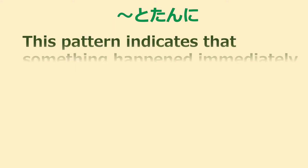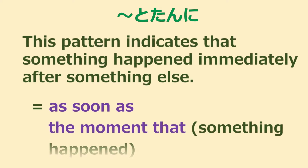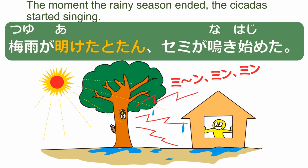This pattern indicates that something happened immediately after something else. It's often equivalent to "as soon as" or "the moment that." Here's an example. 梅雨が明けた途端、セミが鳴き始めた。